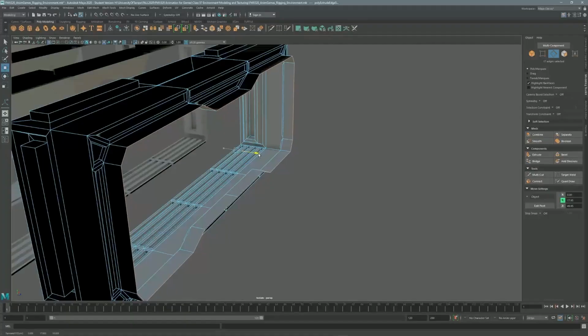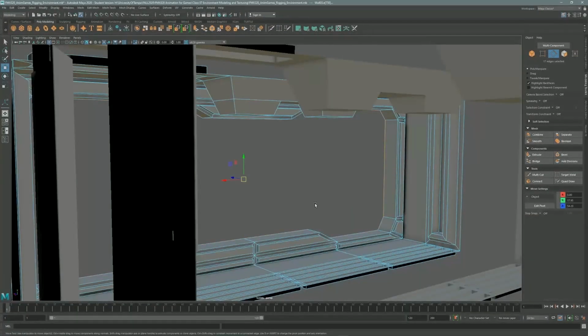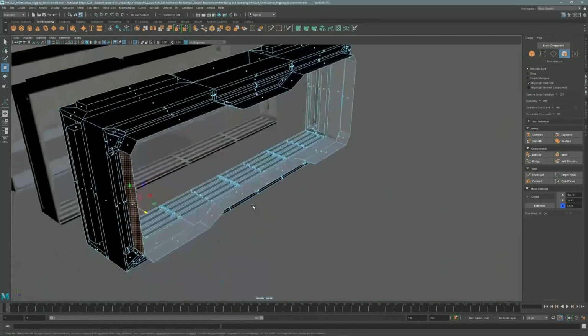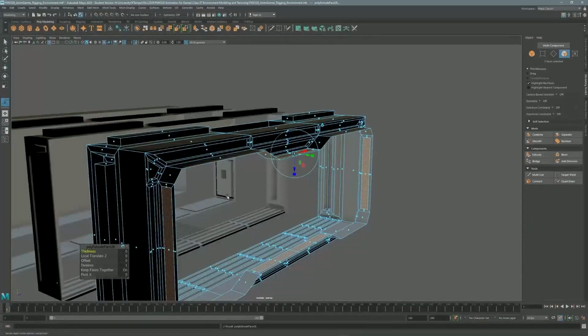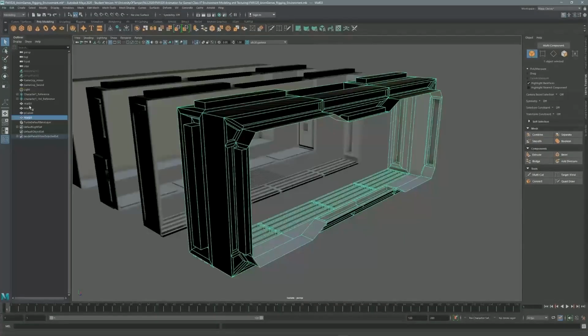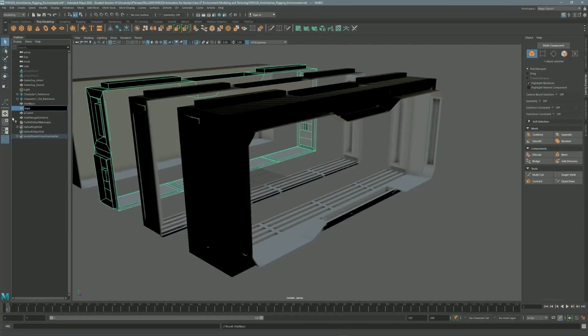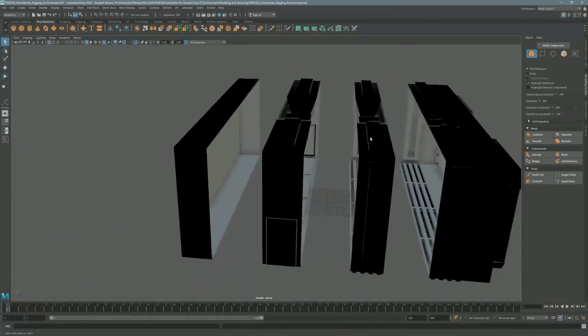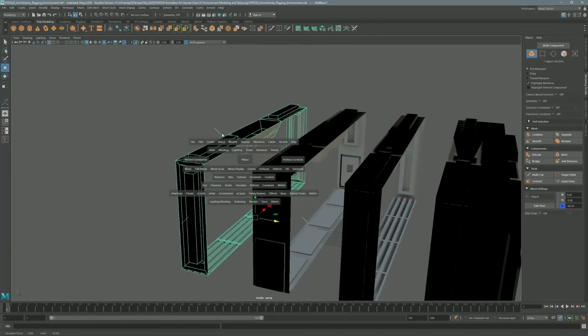Notice when I'm looking out from the outside, everything is black, right? That's because I don't have back face culling on. You can always turn on back face culling if you don't want your view blocked by the black faces. But as we are still modeling, it's good to see the whole model. So I just created some extra details on the side there, and again, every time you have a hole on the wall, I'm imagining we would have some light coming out of that. So I'm just writing on the outline the name of each module,